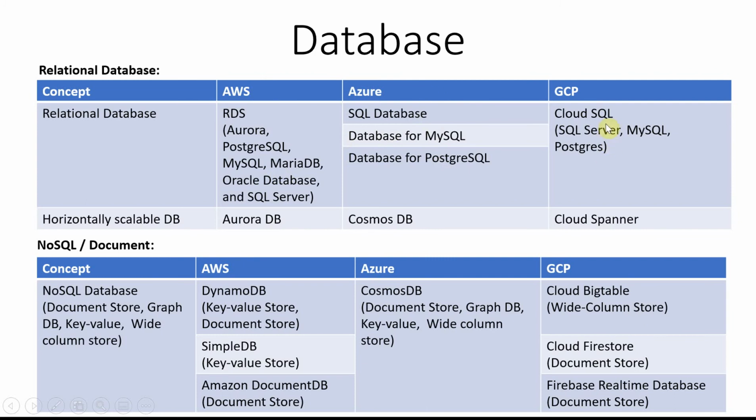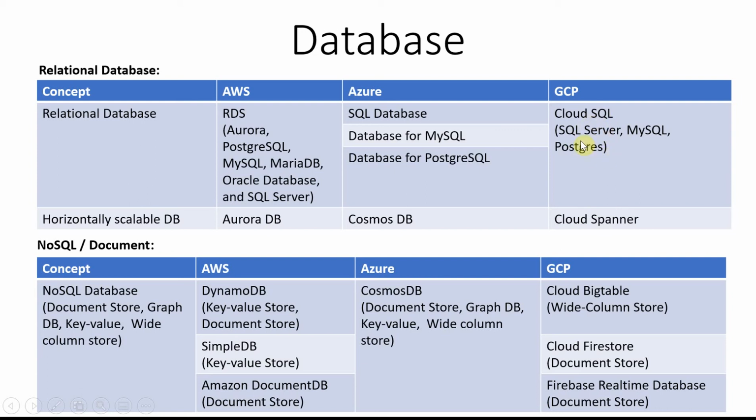All these cloud vendors have their own proprietary DB, where all the greatest and latest features that you're looking for are embedded. That is Aurora that we saw here in AWS, Cosmos DB in Azure, and in GCP it is Cloud Spanner. For smaller requirements with MySQL, Postgres, and so on, you can use Cloud SQL.